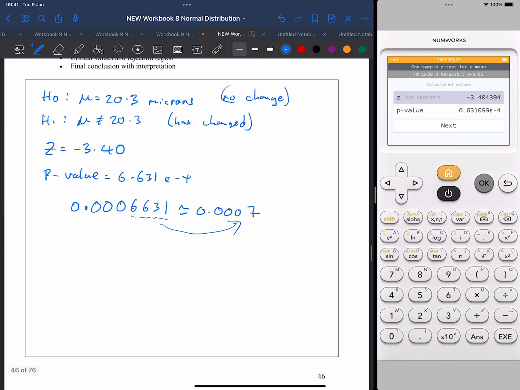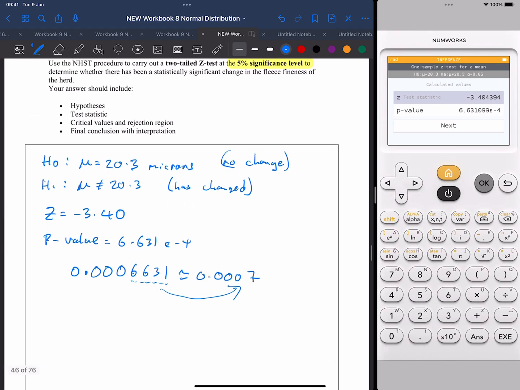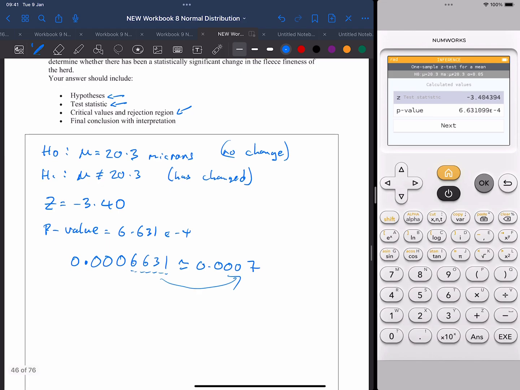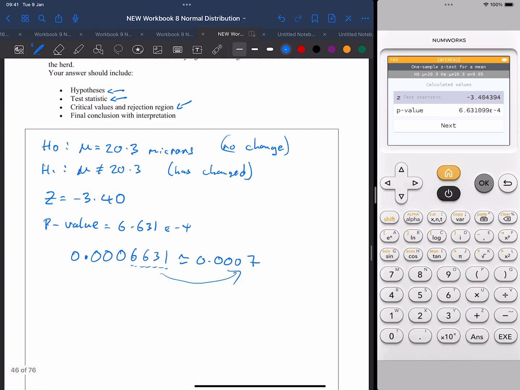So the next thing I'm going to look at, since I've got my test done, we've done the statistics test. Next are the critical values. Do we reject the region? What's the rejection region? And so forth. So what we're going to look at now